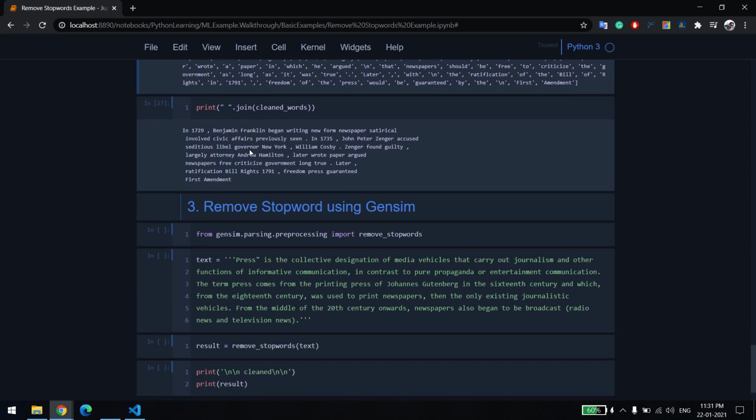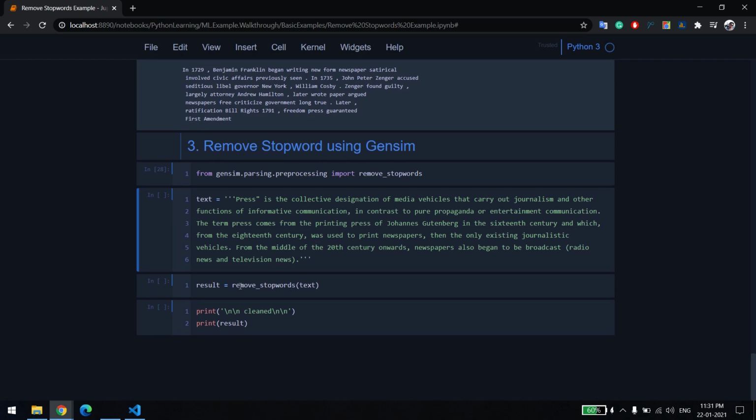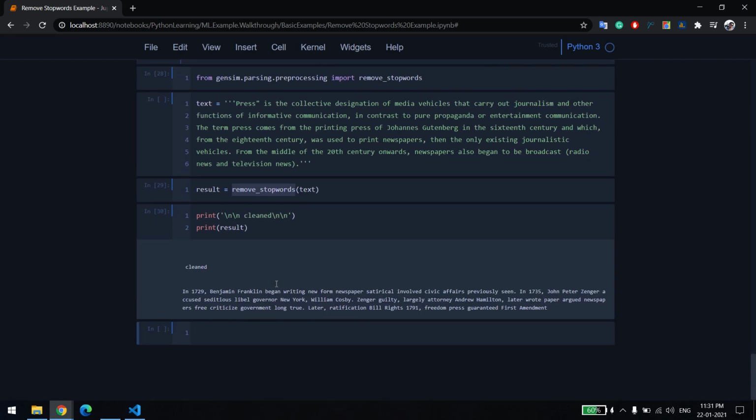All right, now the third library also works in a similar way, but there we need not use the if condition. It's pretty straightforward and very simple to use. We just directly import it, and then you just pass the text itself to the remove stopwords method. Once you pass it, you should be able to see that it is automatically cleaned.